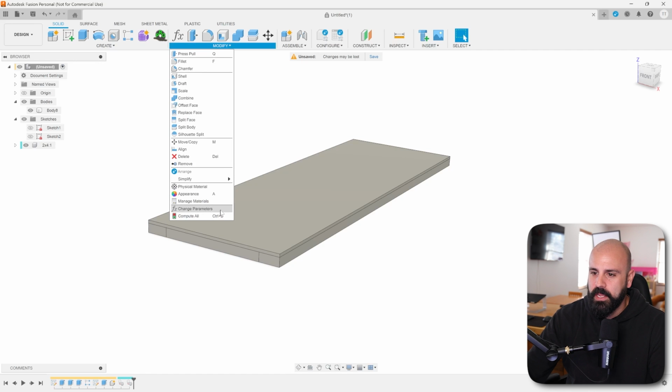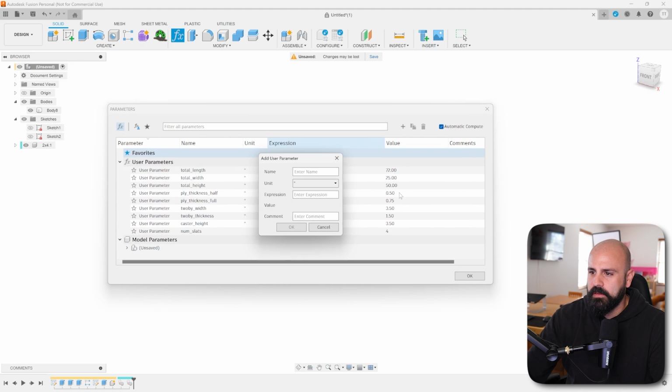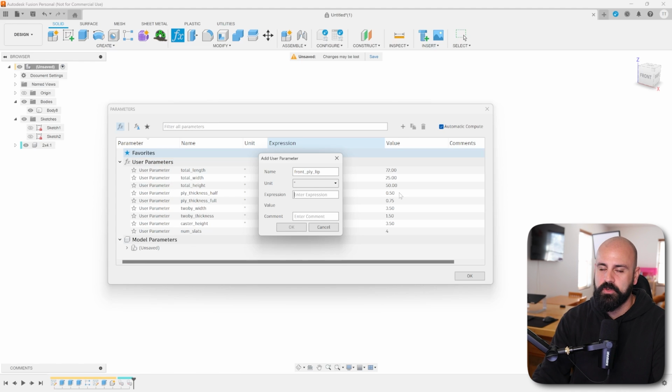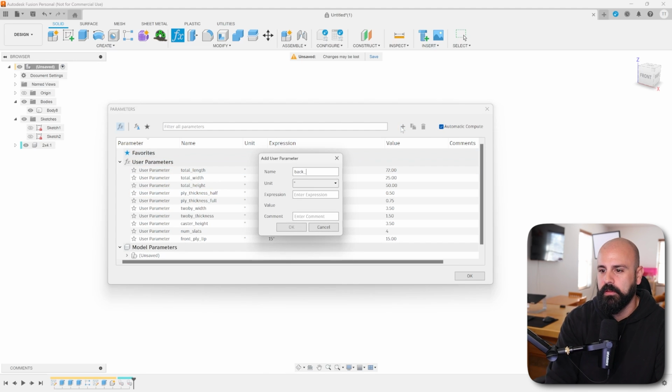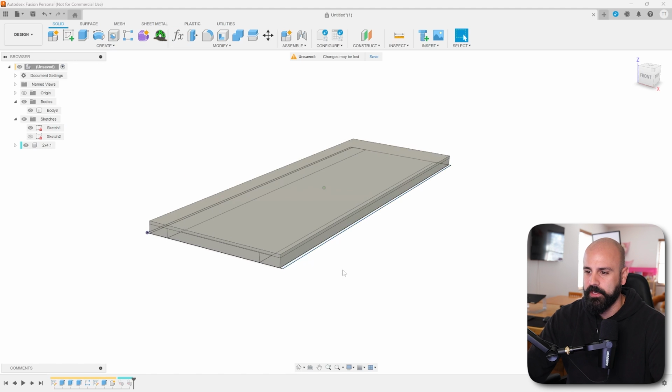So let's go into modify again, go to change parameters. I'm going to create a new parameter. And let's say that the front of the lumber storage rack cart is going to be the one that has the cubbies for the offcuts, and the back of it will be where the plywood will rest at an angle. Maybe we'll adjust it later on, but just for the sake of this design, that's what we'll go with. So I'm going to say front ply lip, and let's make that for now 15 inches. And then we'll do back ply lip, and this will be a little bit shorter, and we'll just set that to 4. Press OK. I'm going to unhide my first sketch that we did,